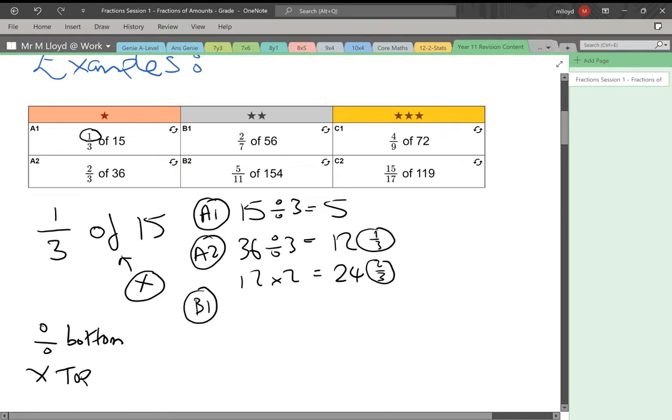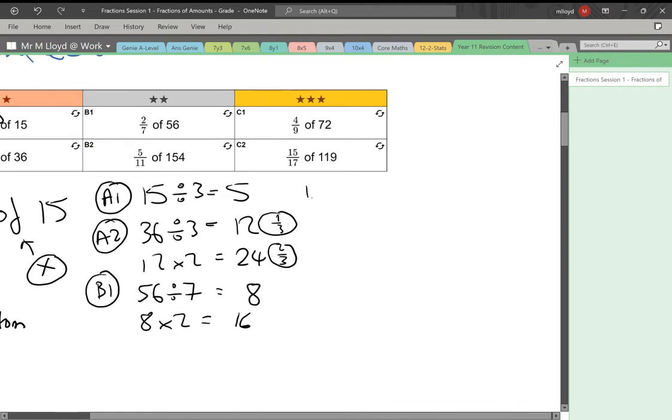Okay, B1. So the process here remains exactly the same. However, the numbers are going to get a little bit bigger. 56 divided by 7 is 8. That tells us what 1/7 is. And then 8 times 2 gives us 16. Let me just scroll to the right a little bit. B2,